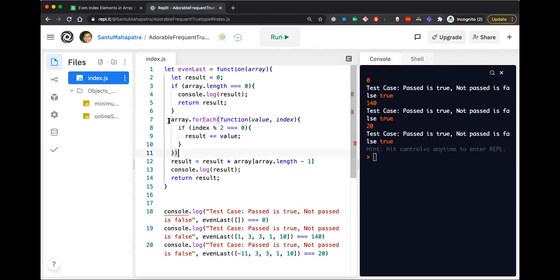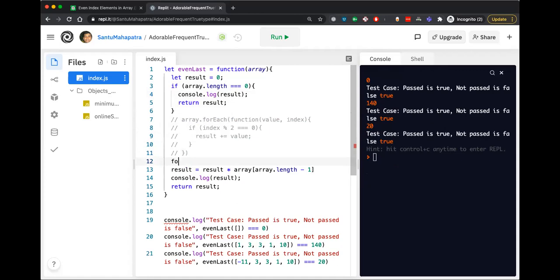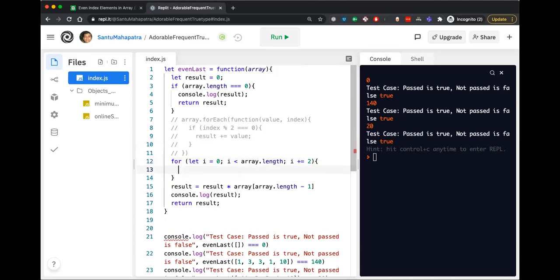It's up to you really. You can also do it by your traditional for loop here. Like you can do for let i equal to 0, i less than array dot length, i plus equal to 2, because we only want to take the even indexes, and I can do result plus equal to value.